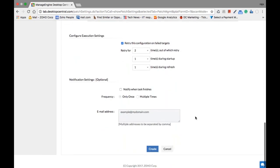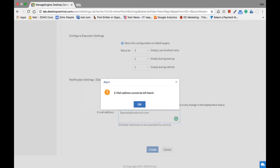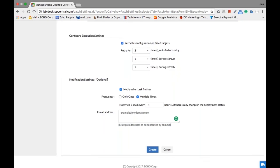And then let's scroll down to the notification settings, which means you can simply configure a notification policy for when the task is completed, or if you want to get it multiple times, once in a few hours. You can go ahead and configure it. At the end of which I'm going to click create. Oh, here I haven't left an email address. Probably once I enter my email,